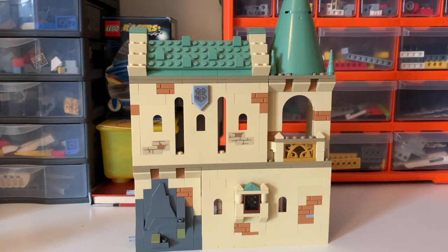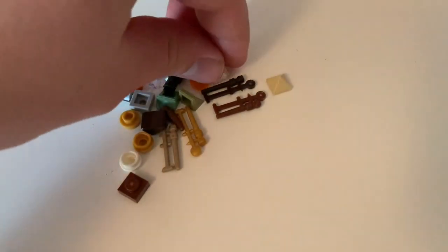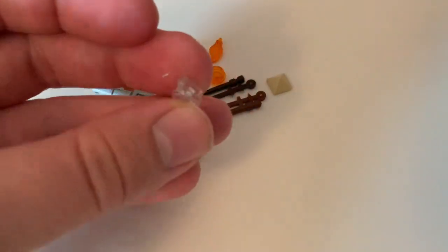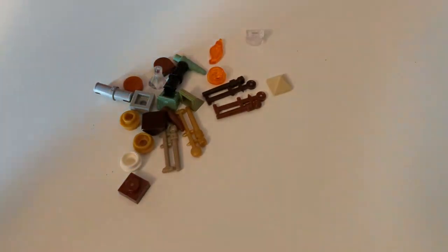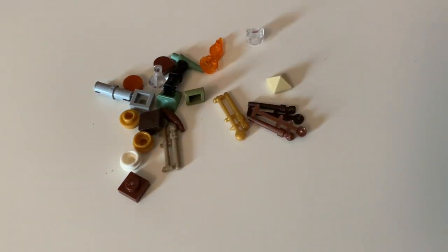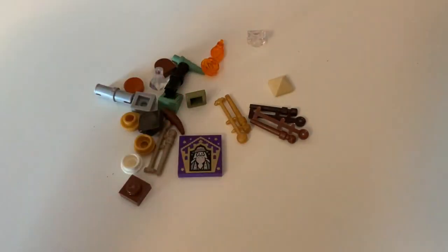Okay, so that is it for this review, except to have a look at the spare and extra bits that we get. Here are the spare pieces. Fairly standard selection for a set this size. This is the piece I was talking about earlier that you use to put in a minifigure hand and hold a power blast or something. Obviously you get the spare wands, including a golden one, and the cards. In this you get 2, and I got a Dumbledore, which is very nice, and then